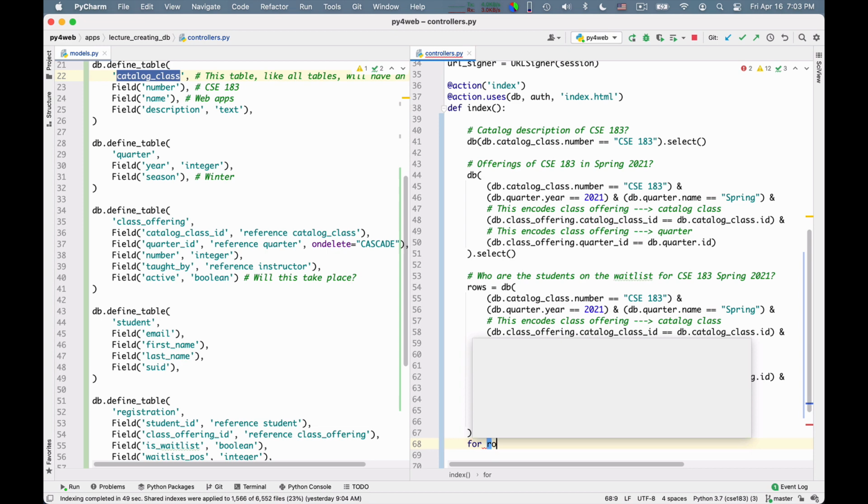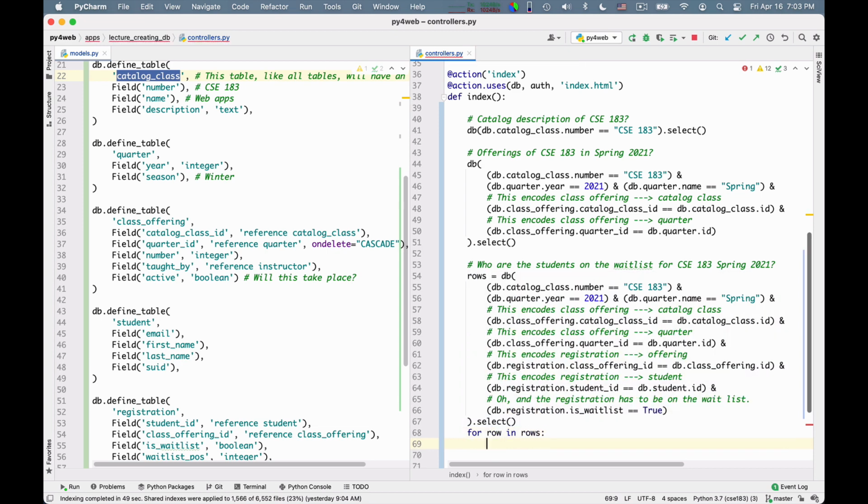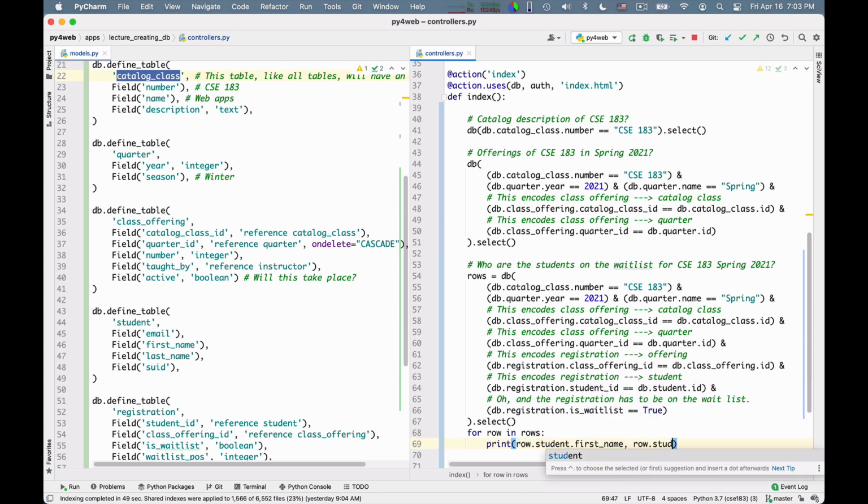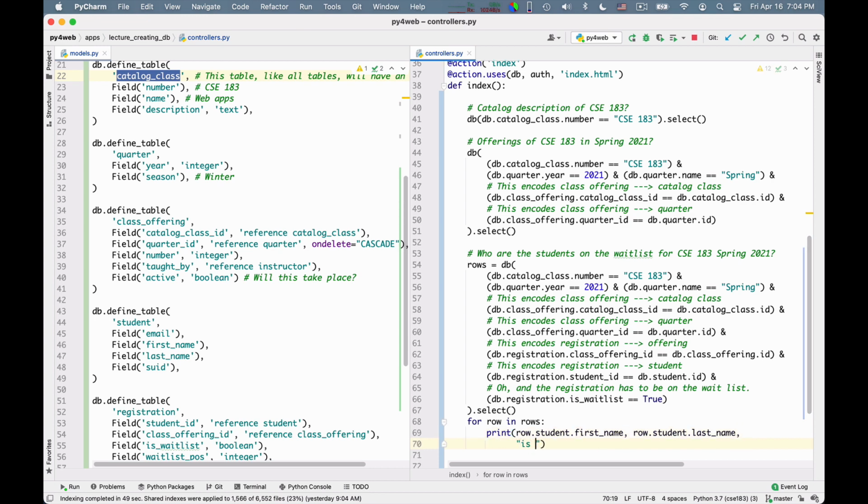And then the way I would access and print out the names of the particular students is something like this. For row in rows, how do I refer to the student first name and last name? I can say, for instance, print, row dot student dot first name, row dot student dot last name, comma, and I can add is on the wait list.